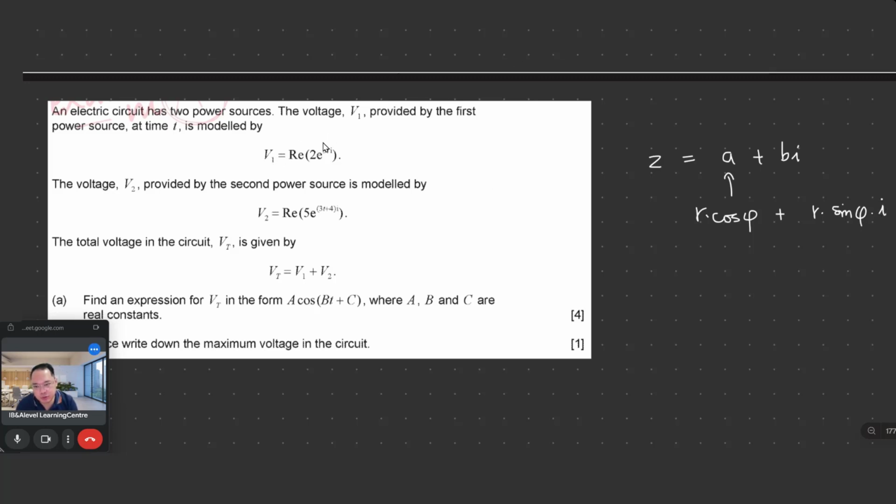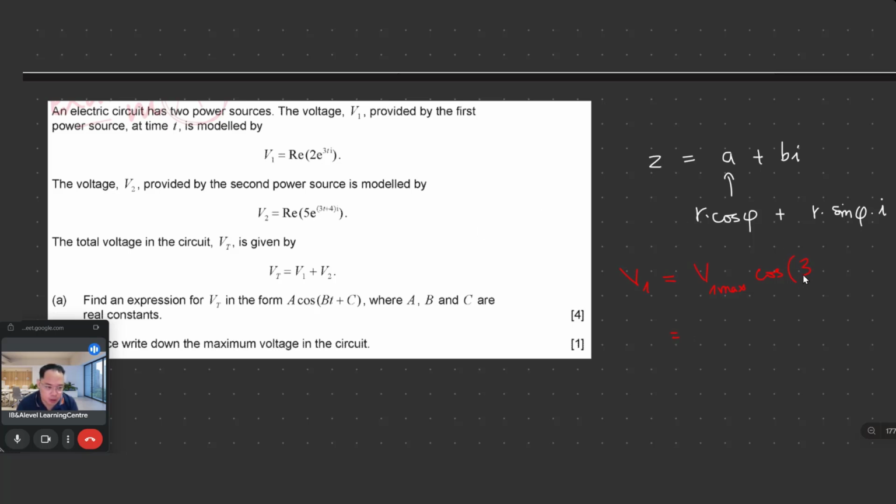Therefore, this voltage V1 and V2 can be represented as the real part. The real part means r times cosine of phi. For example, V1 can be represented as V1 maximum multiplied by cosine, the real part of this complex number. The number 2 here is the modulus. So V1 should be the modulus 2, and the thing inside